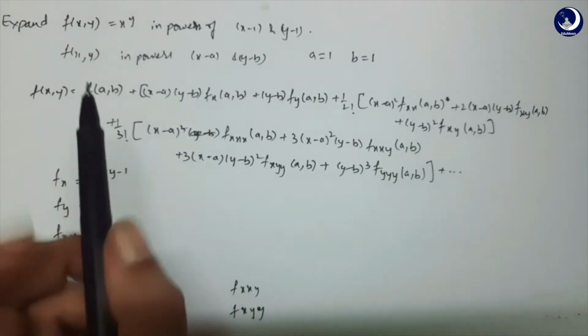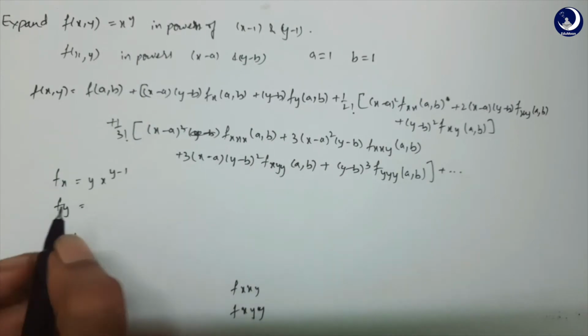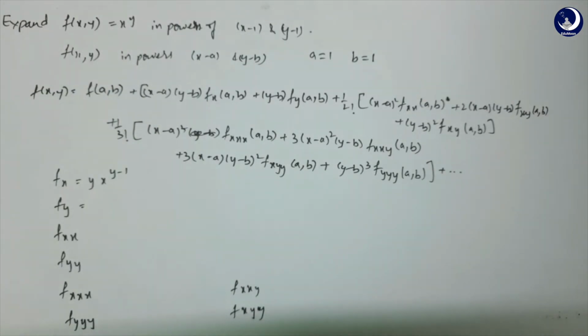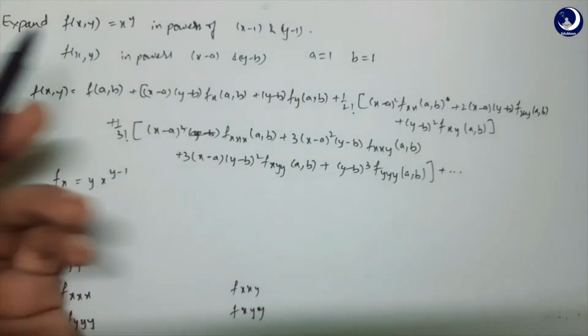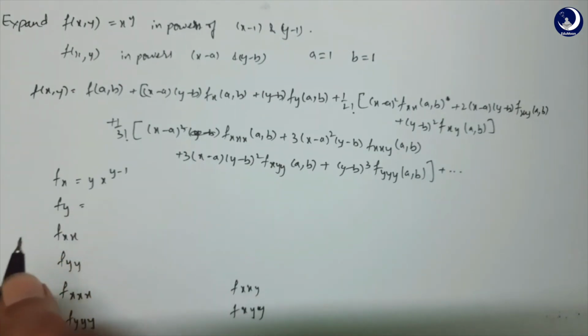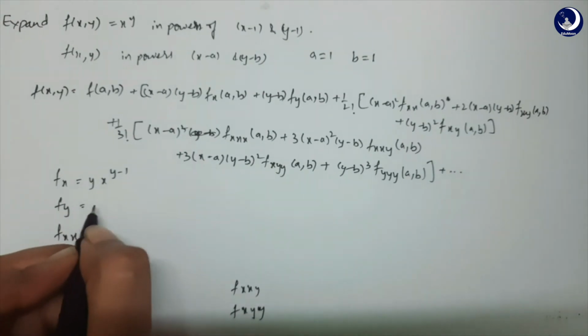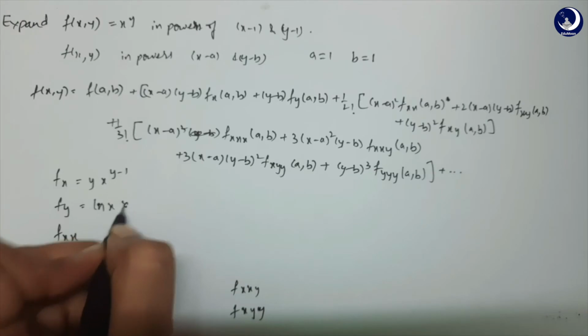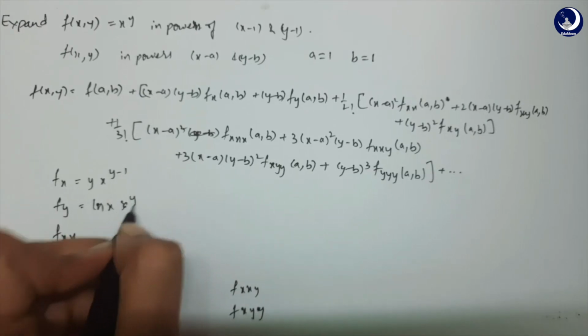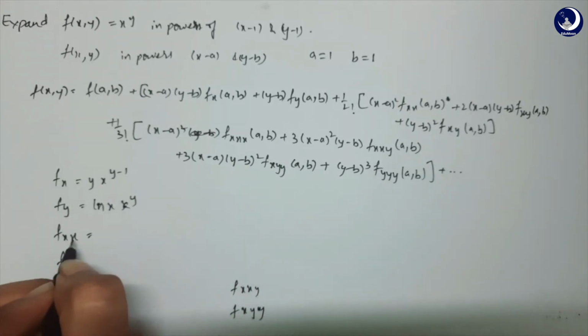Now f_y, partially differentiated with respect to y. It's in the form a to the power y because x is going to be constant. Then our formula would be a to the power y into ln a. So ln x into x to the power y,